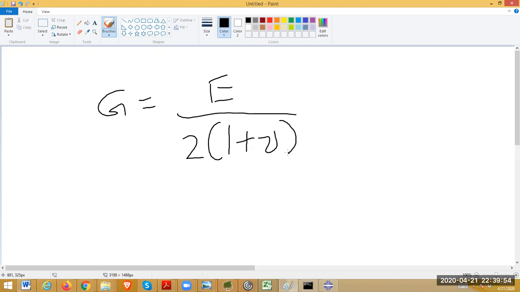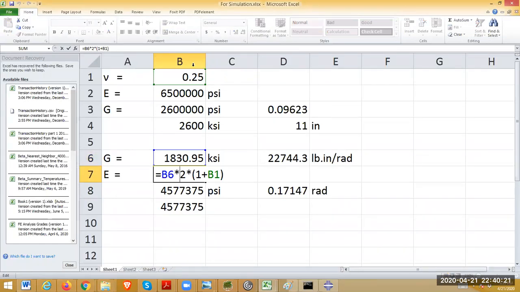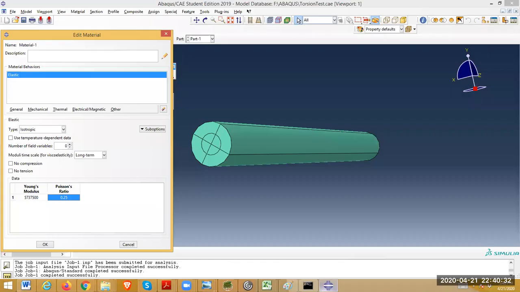Now, we had derived this using the Mohr circle to show the equivalence between axial deformation and shear deformation. Anyway, we use this relationship to obtain E. So you can see G times 2 times (1 plus nu). So we got this E value, and as you might have noticed, in Abaqus there are no preset units,